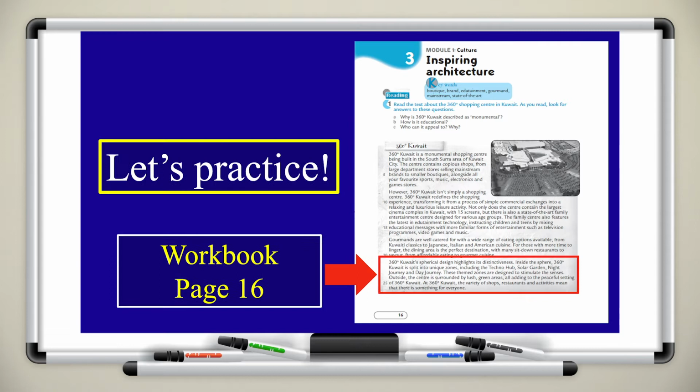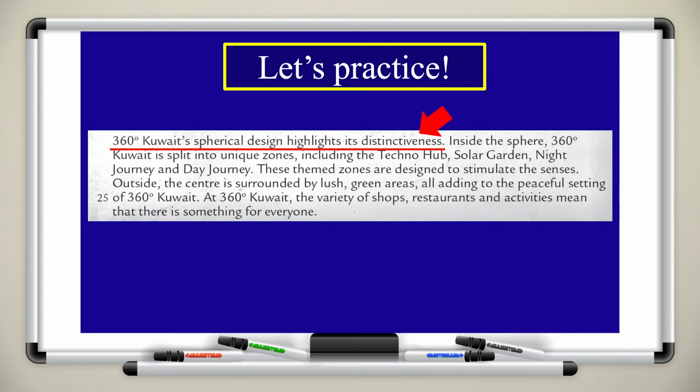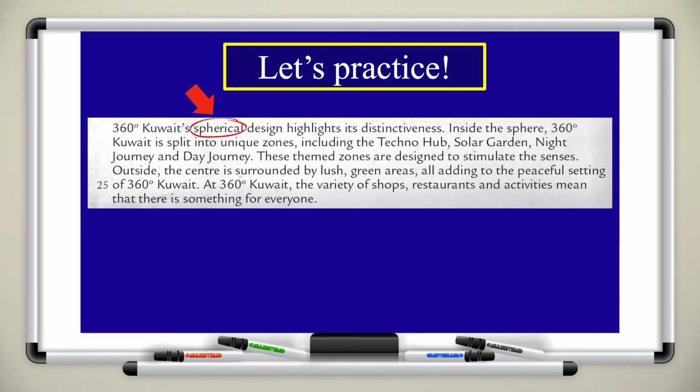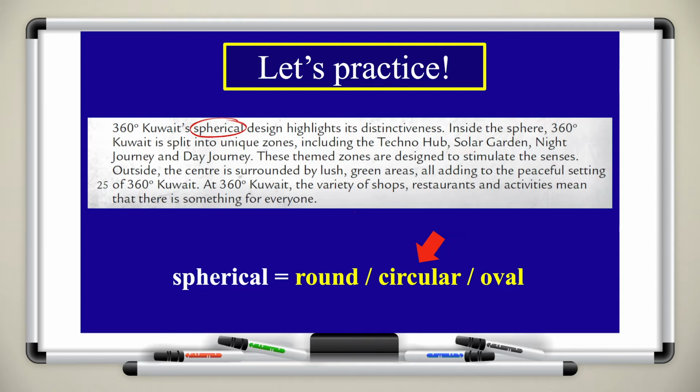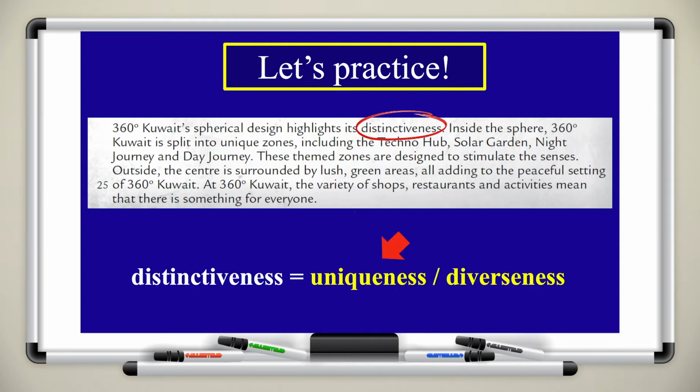Let's practice. Here we have this short paragraph. Go ahead and read it. You can pause the video and then we can continue after you're done. So if we look at the first sentence, our 360 Kuwait's spherical design highlights its distinctiveness. Now, which vocabulary words can we change? We have the word spherical, which could mean round, circular, or oval. We also have the word design. Another word for design is style or layout. When it comes to distinctiveness, it could mean uniqueness and